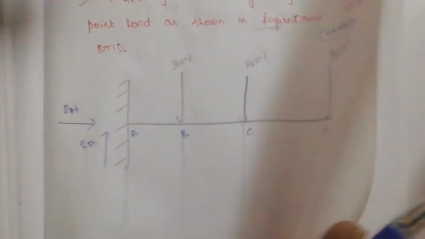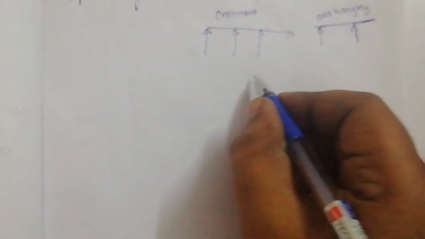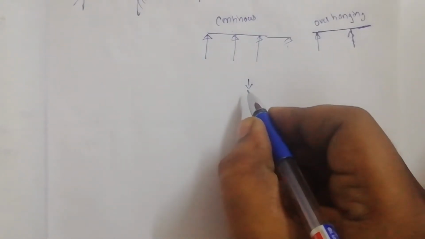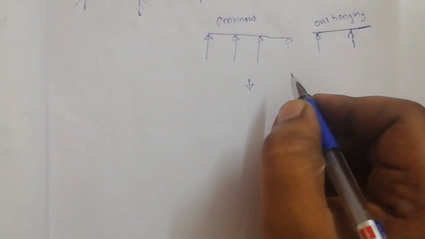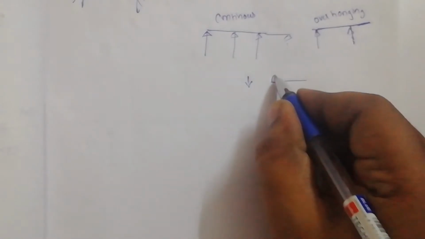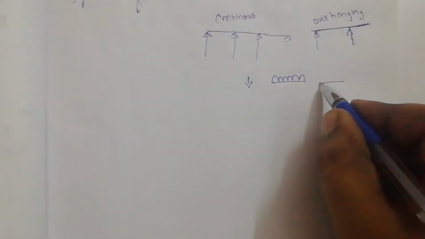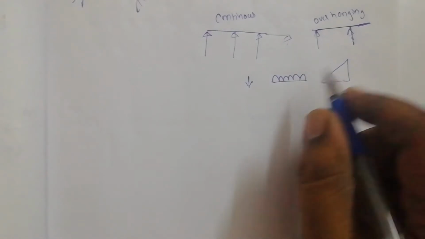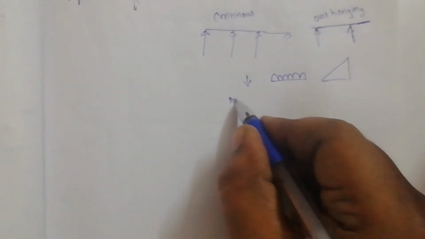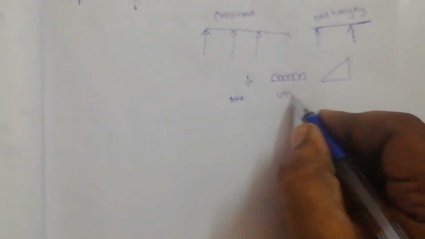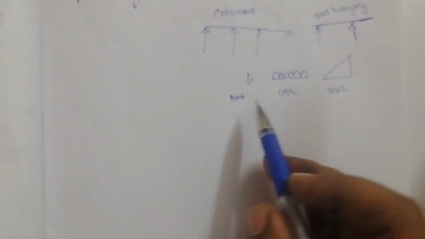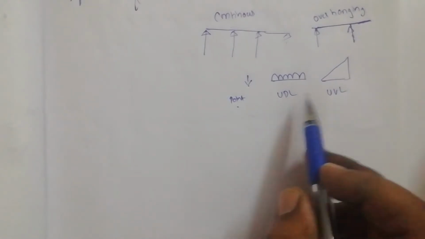So we have also discussed what types of loads there are. The various types of loads: one is point load, which acts exactly at a point. Next is UDL, and the third one is UVL. UDL is uniformly distributed load, and the final one is UVL, that is uniformly varying load. So these are the types of load. Let us take this as point load, this is UDL, this is UVL. Okay, so you have to remember this: point load, UDL, UVL.